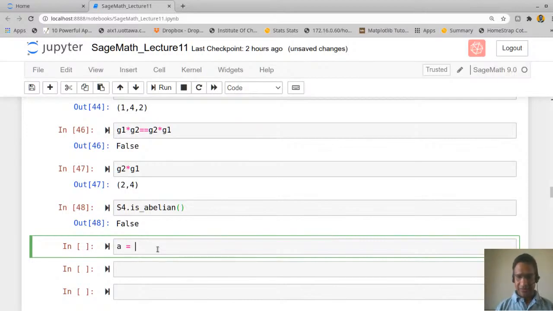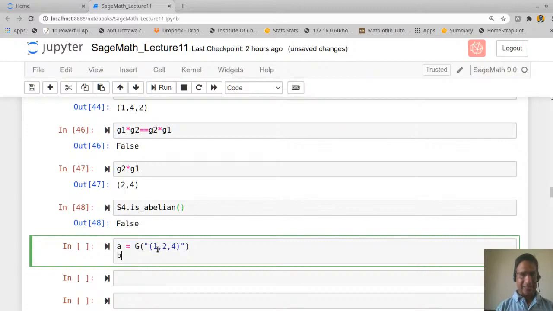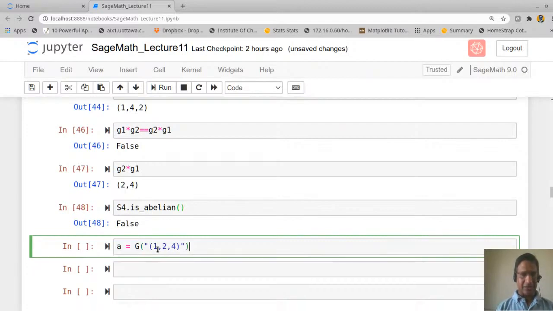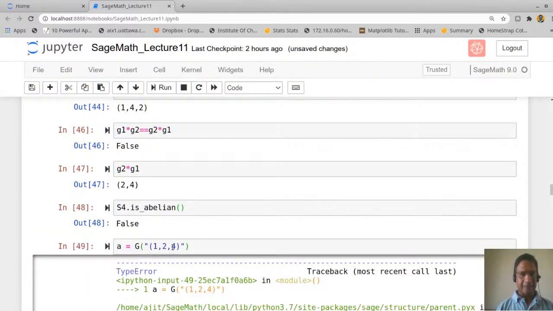There are different ways of defining it. One way is you can say S4 and then inside single or double quotes you give the cycle. For example, I can say (1,2,4). This is one element, and let us define B as well.